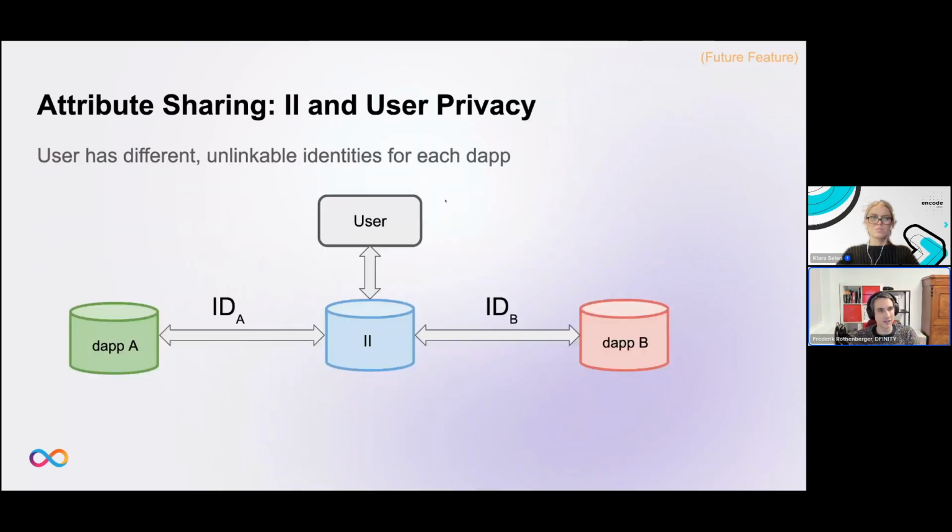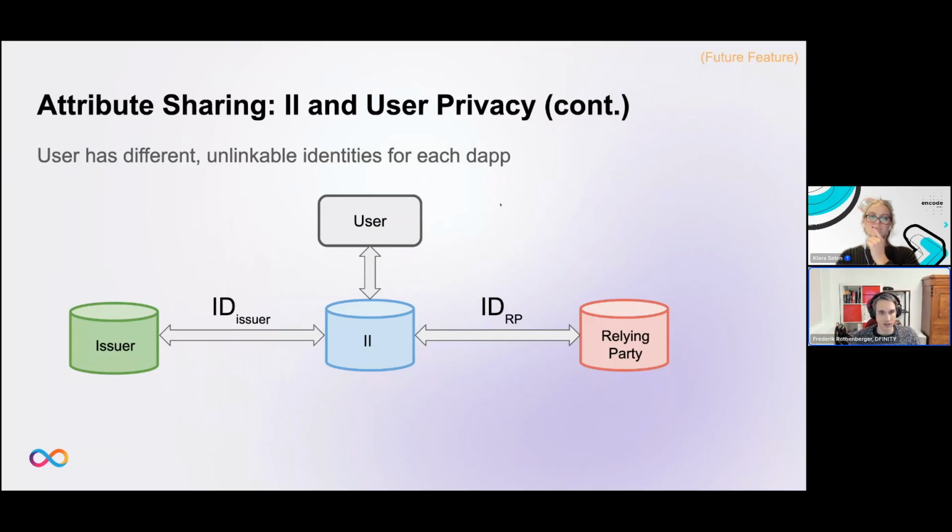And how this works is that if we look at this high-level overview of a user interacting with II and two applications, namely Dapp A and Dapp B, we see that, as I have explained, you have a totally different identity with regards to application A and application B. And to make it a little bit easier to talk about the roles that these applications will have with respect to attribute sharing, we call the green application an issuer, somebody that issues a verifiable credential. And we have the red party, the relying party that wants to consume that data, that wants to receive the